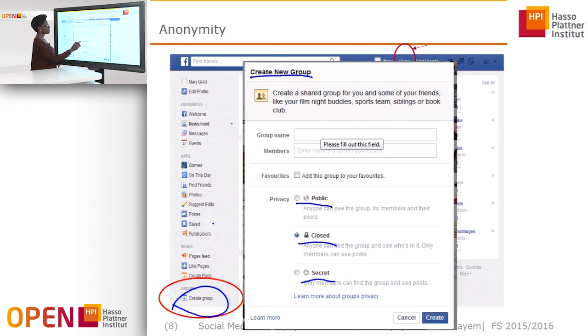Okay, if it's public, then pretty much anybody can see the posts that you put onto the group, and both the members of the group and the posts that these members make. You typically want to avoid creating a public group unless you don't really care about the information that is published.